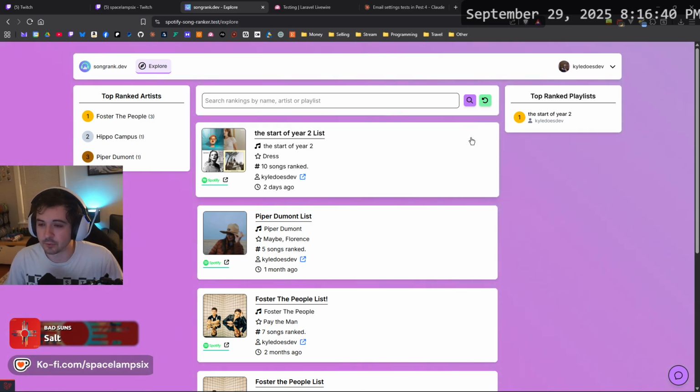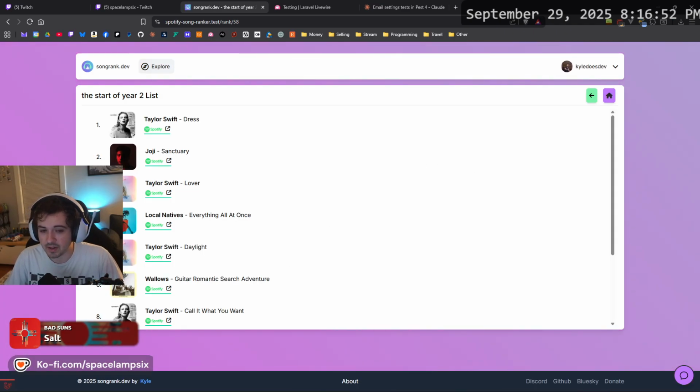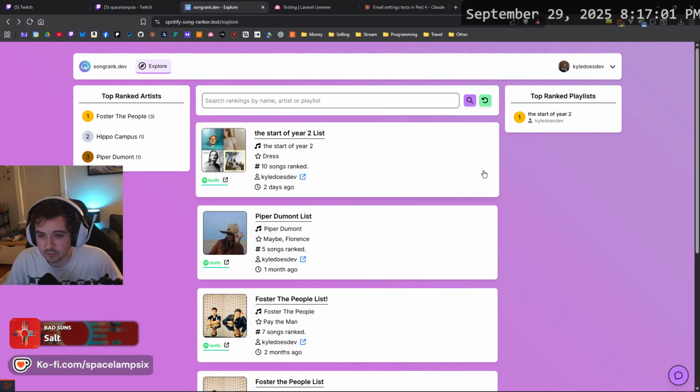And then a little count somewhere. I don't know for sure yet, but I'm probably going to put them over on this side of the card. And then when you click into the list itself, at the bottom, I'm going to put another section with the reactions. That's what I'm thinking. But for now, I'm happy with this.